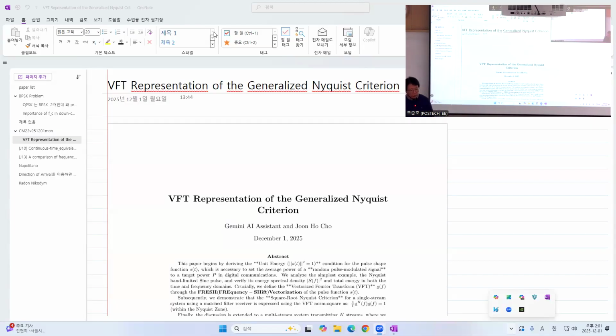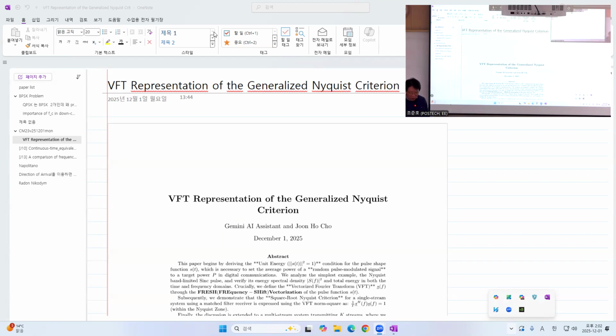Welcome to the 23rd class meeting of the spectrally correlated random processes. So last time we started to study the shift invariant subspace concept and related vectorized Fourier transform notation, where I too briefly covered the generalized Nyquist criterion. So I'm going to talk about this topic